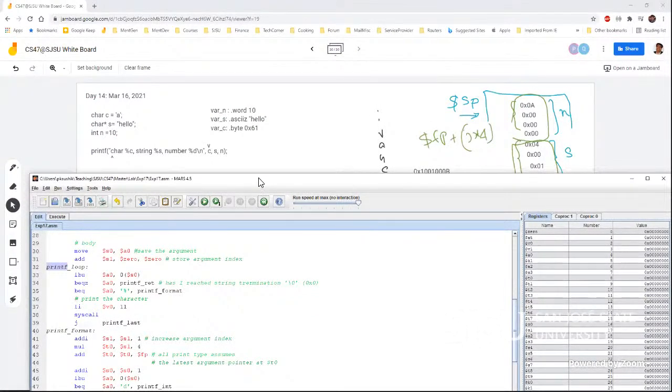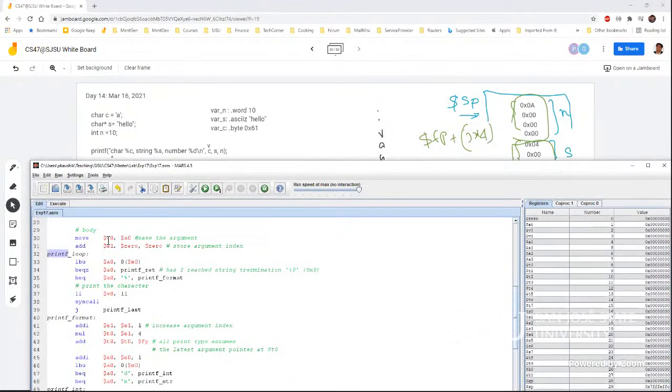With respect to S0, which is pointing to the format string, I'm loading a byte unsigned. Loading byte unsigned really means I am loading a character